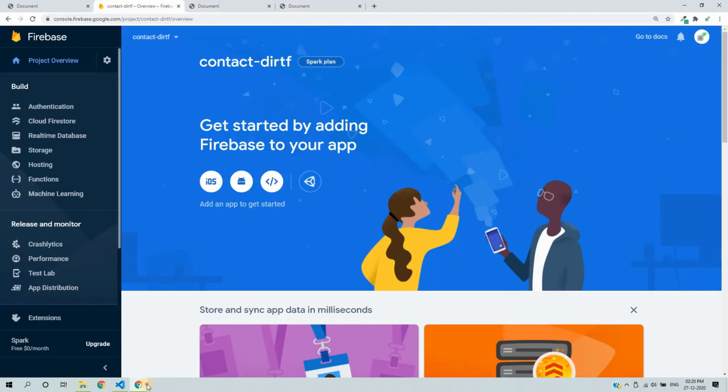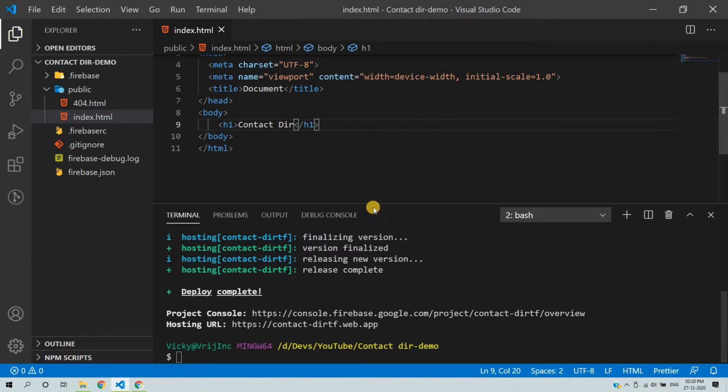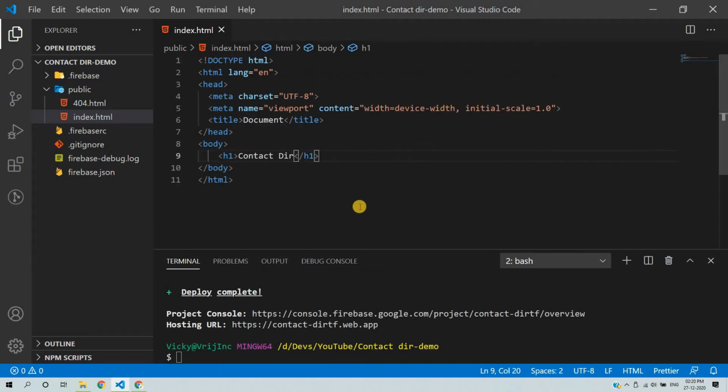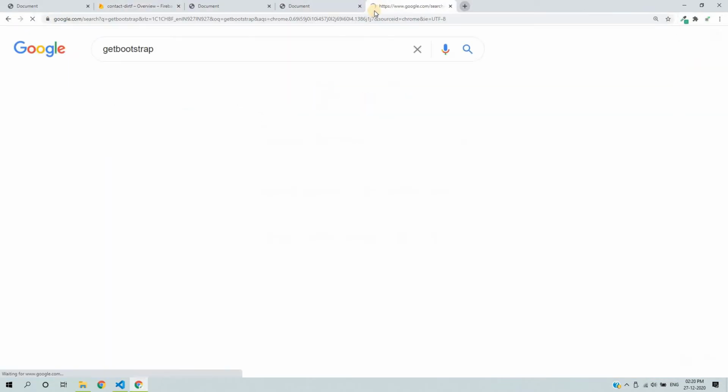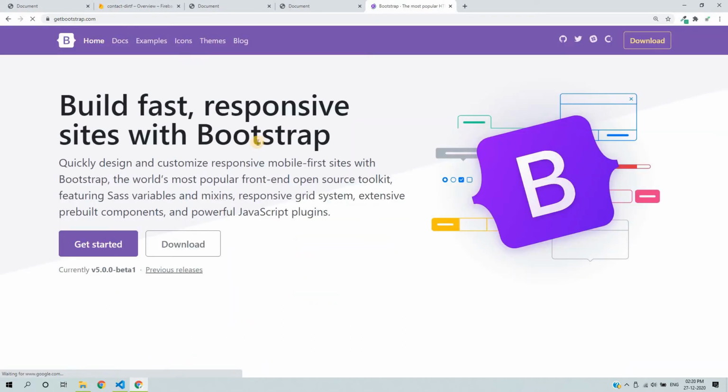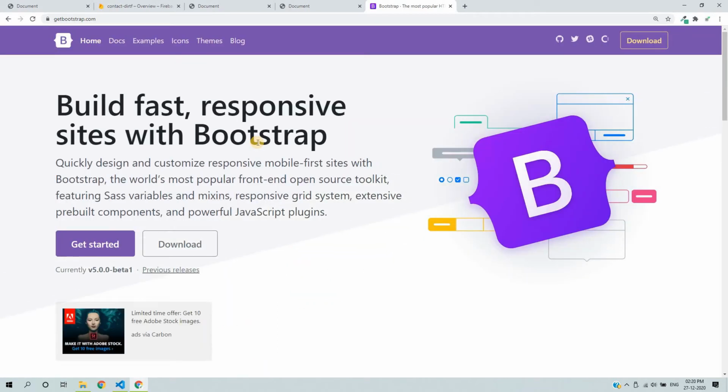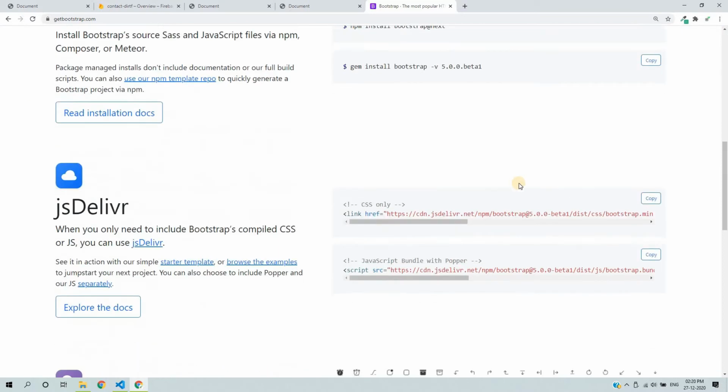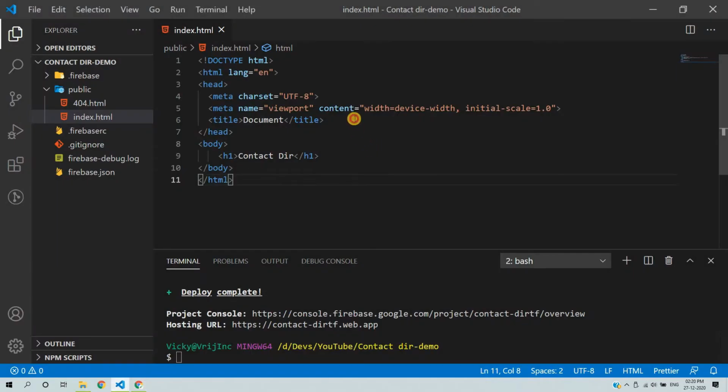So now what we will do, for the entire contact application, the full stack application, we will use Bootstrap. So first we will visit the link, get Bootstrap. Bootstrap is a mobile responsive UI library, or framework, we can use for making mobile responsive websites or web pages. So right now in Bootstrap we will use the Bootstrap CSS. I'll just copy the CSS part, and I will paste it here.